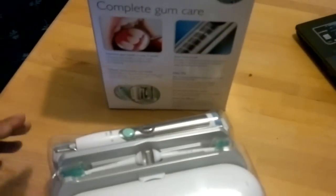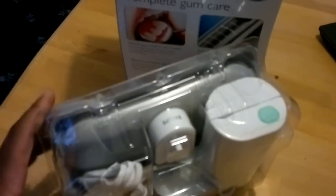So you've got the toothbrush in there. Over there you've got the toothbrush, nice case there. Okay, and in the box you've got the manual, right? Okay, and